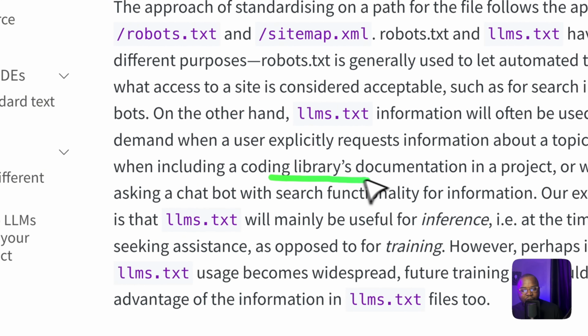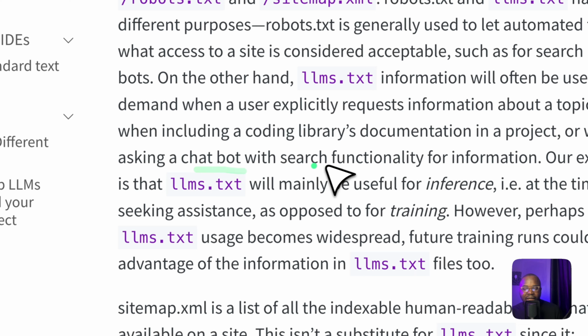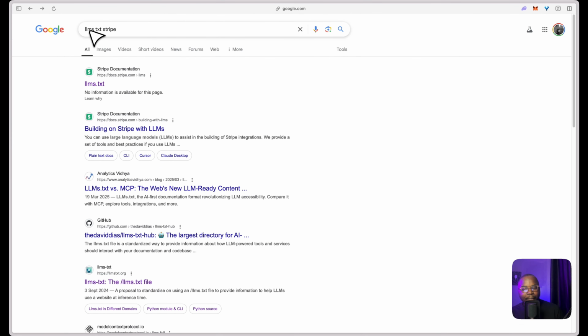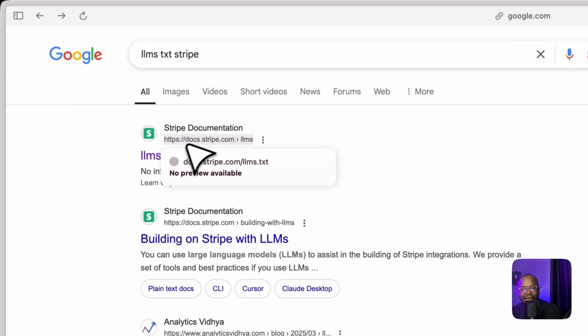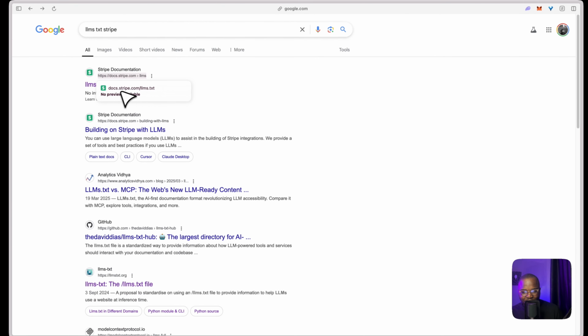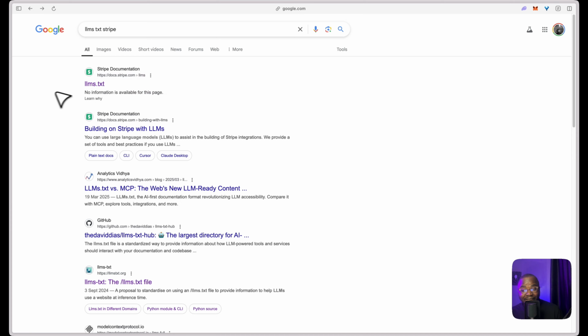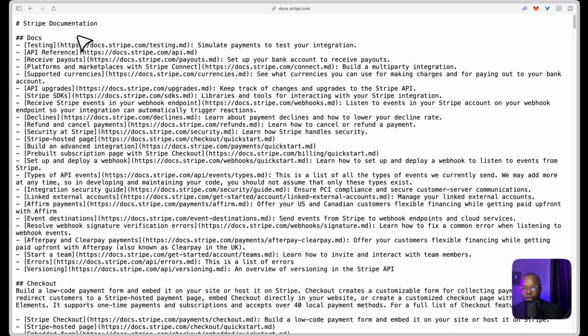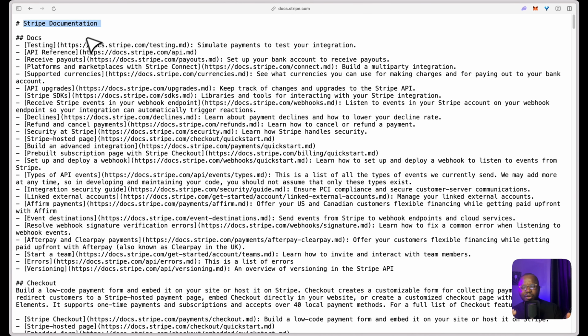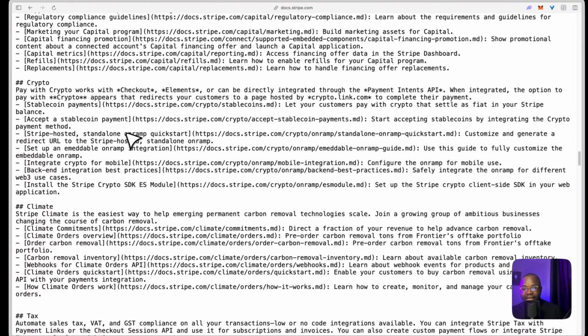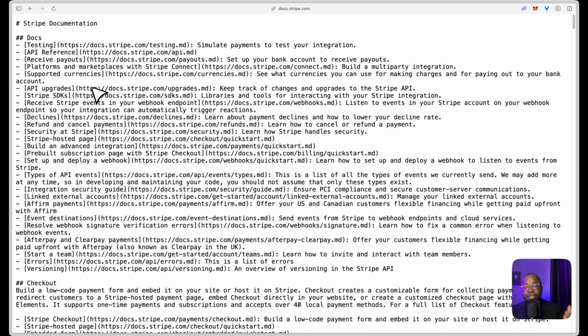So when you're trying to get into a documentation, or when you're asking a chatbot for something like the search, and if you go to Google and you type LLMS.txt Stripe, you would see this new link from Stripe, docs.stripe.com LLMS.txt. This is Stripe adopting the proposal. When you open it, you see a Markdown. It looks like a written document with some particular things that are needed to be there. There's some recommended things to follow. It's also in the proposal. I will leave a link that you can go through. But this is a whole lot of text, but without any of the extra complicated things that you would find in an HTML structure. Now, an AI could use this, whether inside Cursor or whatever,